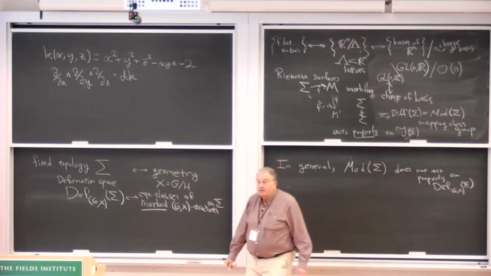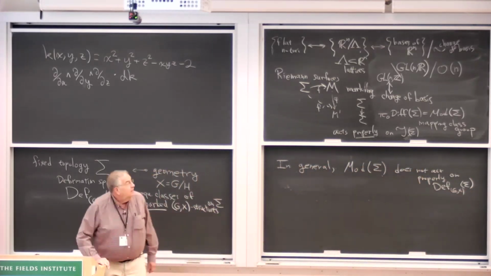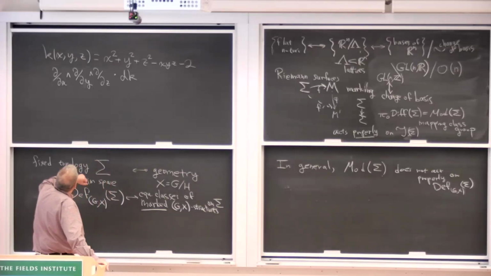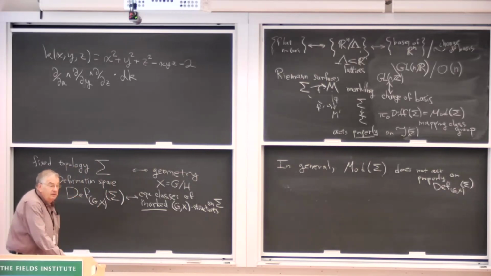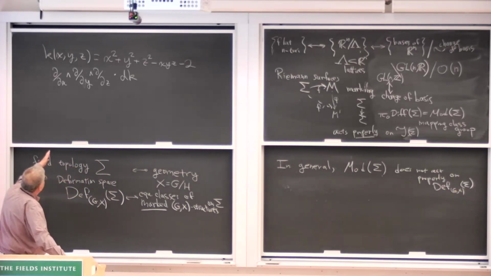And so that's what I'd like to talk about today. In particular, the deformation space will be given by this Poisson manifold. In many cases, it'll be this family of cubic surfaces